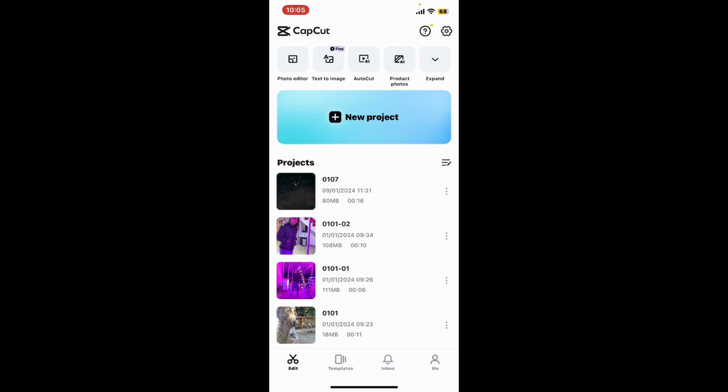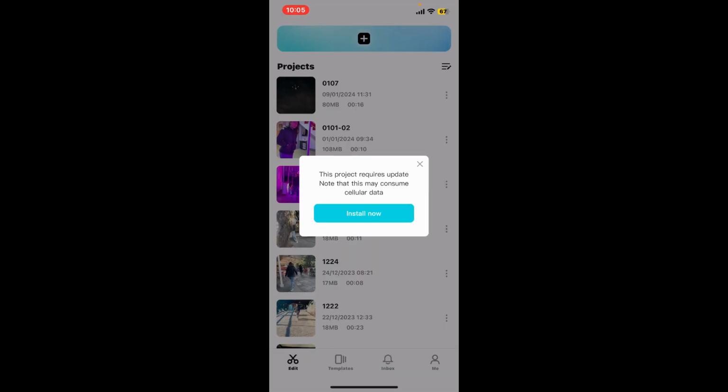Always make sure to use the highest quality videos possible for your original footage whenever you are trying to edit with CapCut. Select the highest quality video to get started with and always make sure to update to the latest version of CapCut application. If you don't have the updated version, you might not be able to export your videos